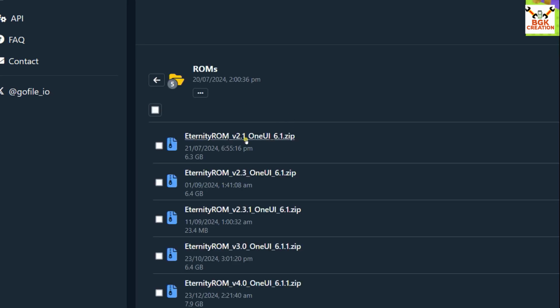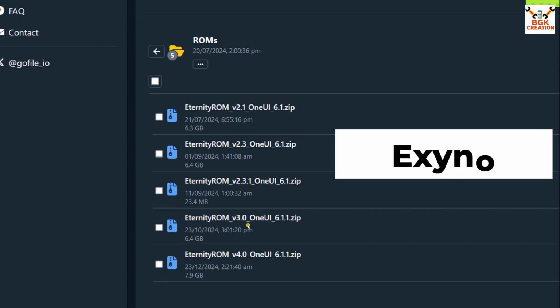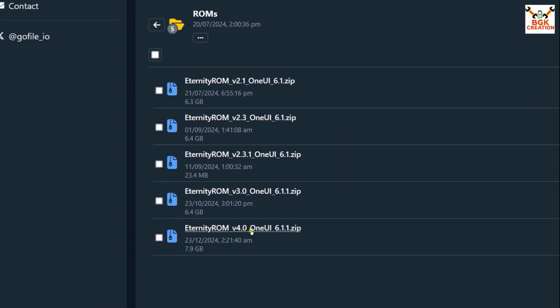Here you can see 2.1, 2.3, 2.3.1, 3.0; the files are also provided over here. But if you have an S10, S10 Plus, S10e or S10 5G, then you need to go for the latest version, 4.0. Do not try to install the previous versions of the ROM on the Galaxy S10 series. This is the one we have to download for the Galaxy S10 series and also for the Galaxy Note 10